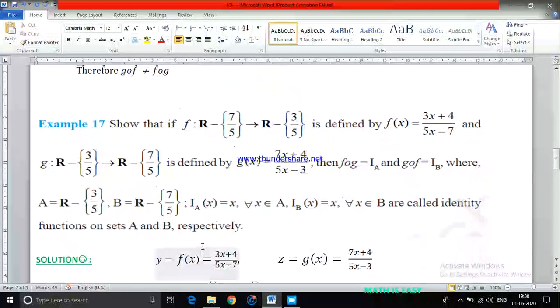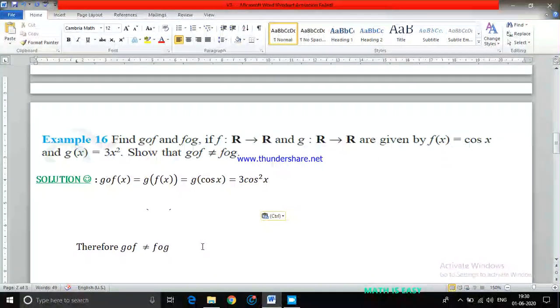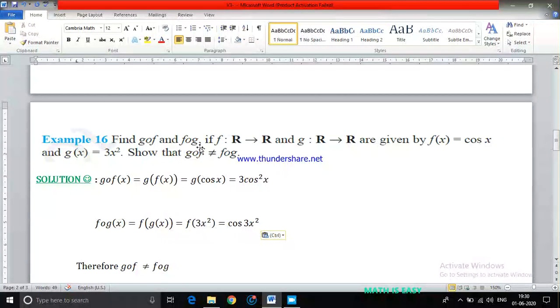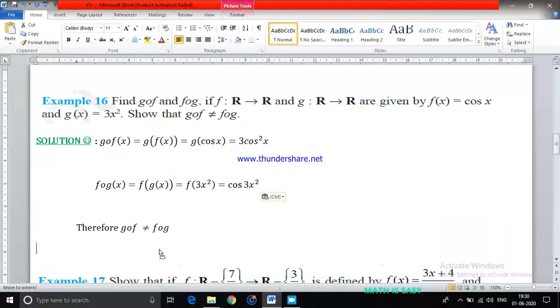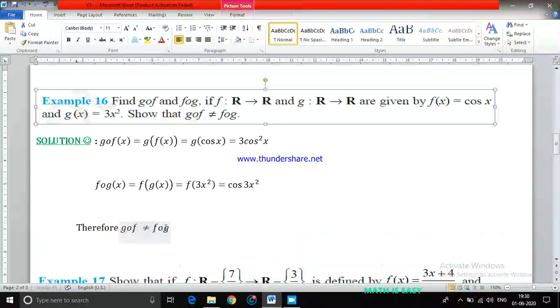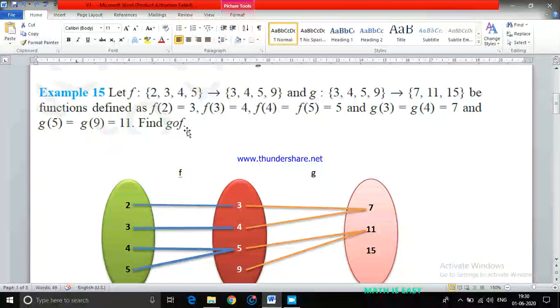Okay. Now to understand this concept further, we introduce one more question. Just a minute, before I go to this question, let me clarify. Here you got FOG, GOF. GOF value you got, FOG value you got, and you proved that they are not equal. Am I right? So you may ask, sir, here we found GOF, so can I find FOG also for this function? You cannot find FOG for this question. Why? Because this may help you.